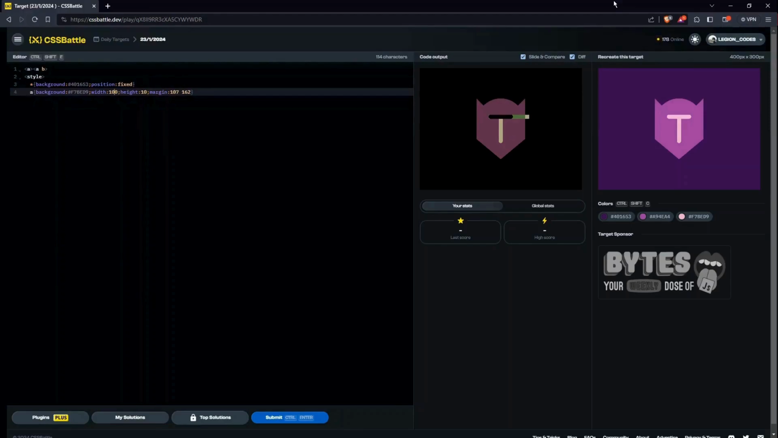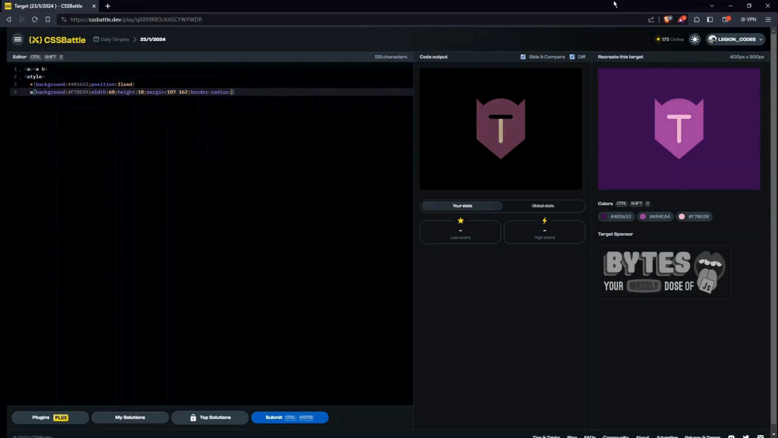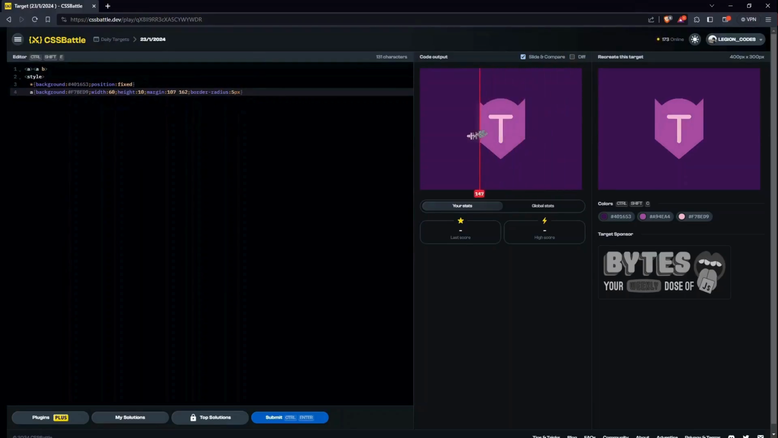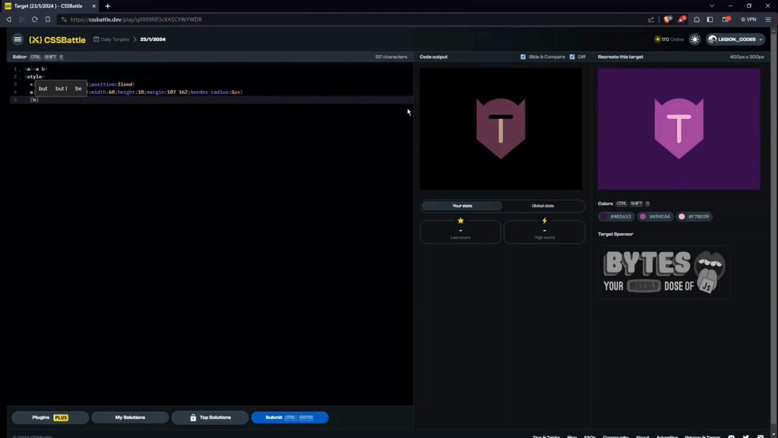Now the size will be around 60 and it will have a border radius of 5 pixels. Yeah, it's perfect as we can see. It is perfectly where it should be. Now I would be using square brackets B, and we need to first rotate it 90 degrees,